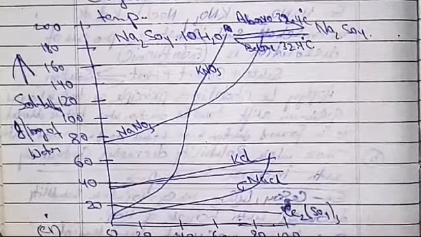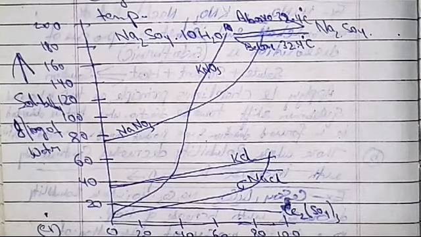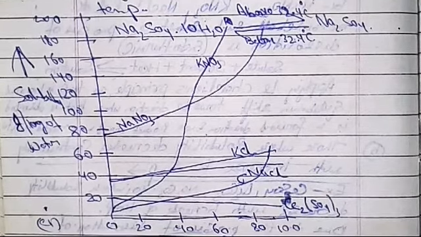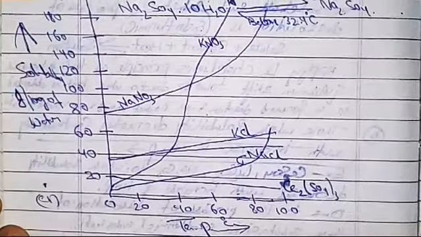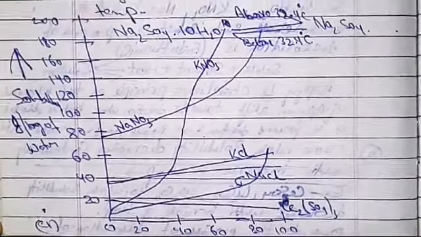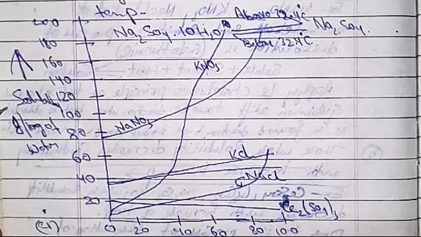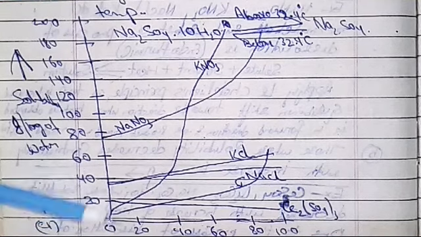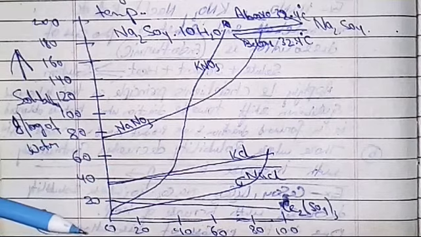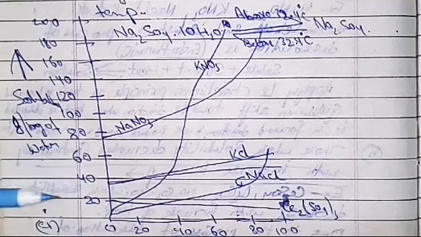So there is the curve which shows the continuous solubility curve of different substances over here. That is the solubility in gram per 100 gram of water, and this one is the temperature. You can see for cesium sulfate, with increase in temperature the curve is decreasing. That is even given in your book.